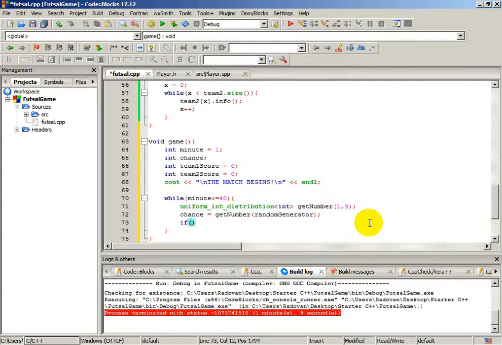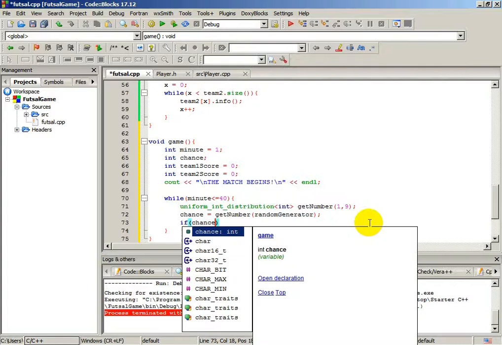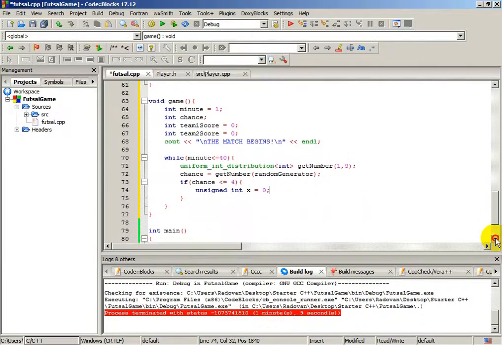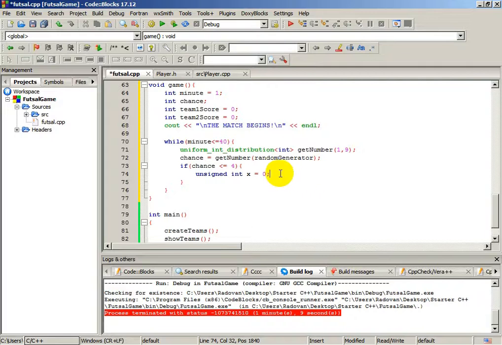If chance is lesser or equal to 4, and let's create one unsigned integer, x will be equal to 0. And now let's iterate over vector team 1